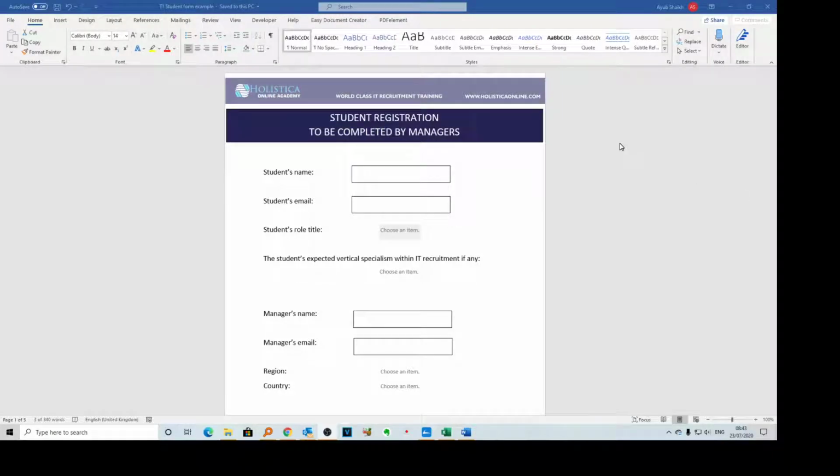Hi, okay, this is just an understanding of how to fill out the student registration form. It really is a very simple form that should be filled out by the managers. So if you're registering one of your consultants or associates onto the platform, then this will allow us to capture